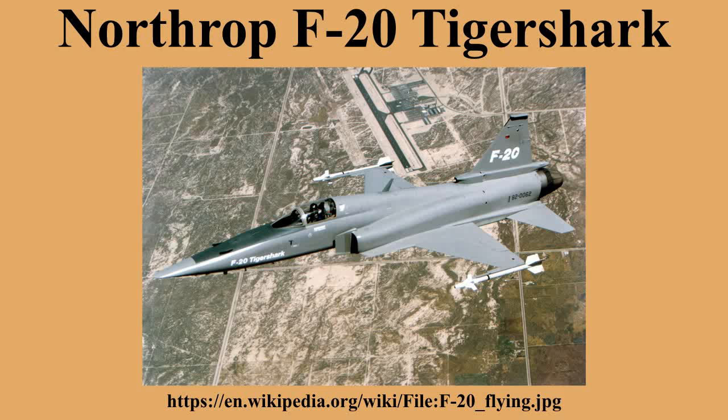The second prototype, featuring the complete avionics suite, made its first flight on the 26th of August 1983. The F-20 would fly a total of 1,500 flights prior to its termination, although these were exclusively flown in ideal conditions. Note,